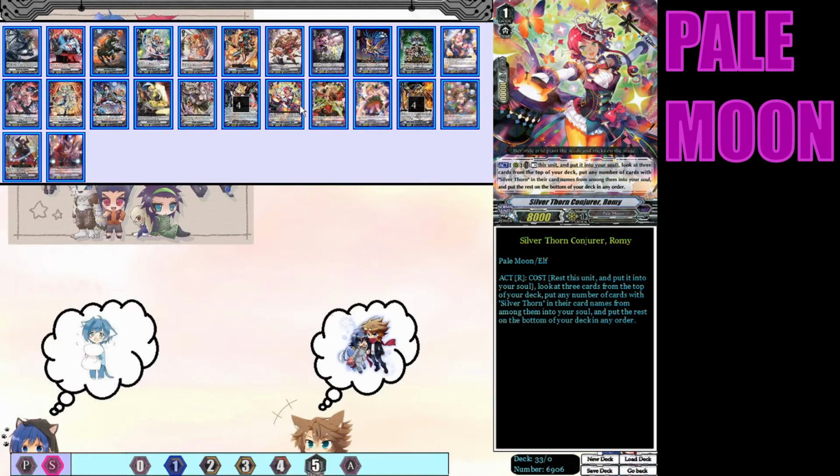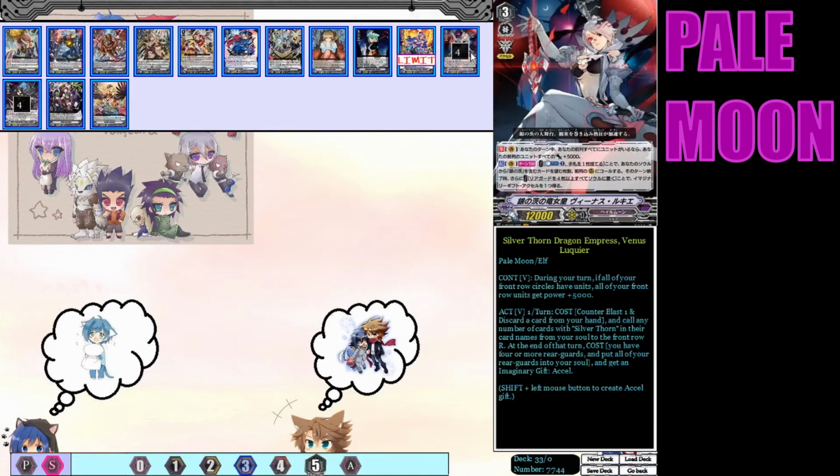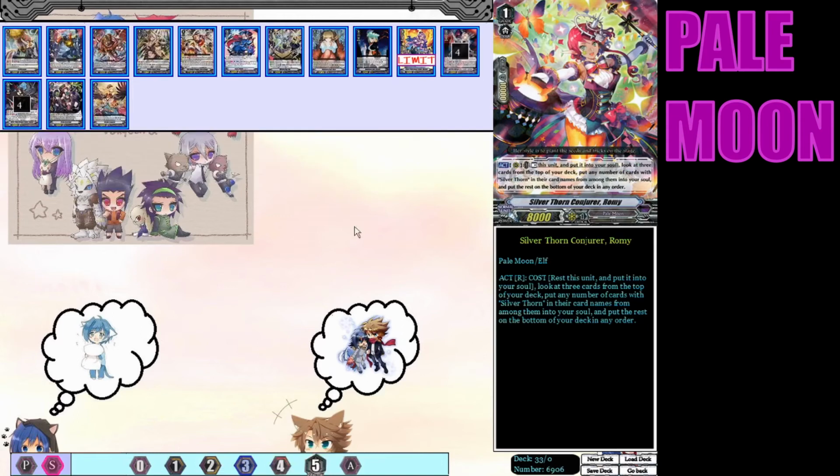So, and again, if you prepare, you get everything ready to go, then before you use your Vanguard's effect, you can basically say, use her effect first, then put her to soul, then if you have any Silver Thorn, any Breeding Dragon, then,